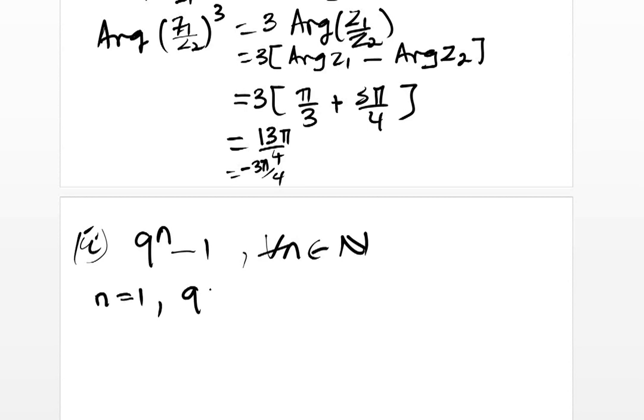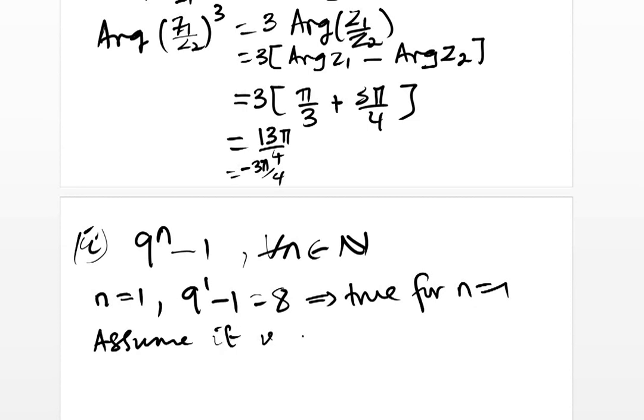We have 9 to the power 1 minus 1, which is 8. So this means it is true, it is divisible. 8 is divisible by 8, right? So it is true for n is equal to 1. Now the next step is that we assume